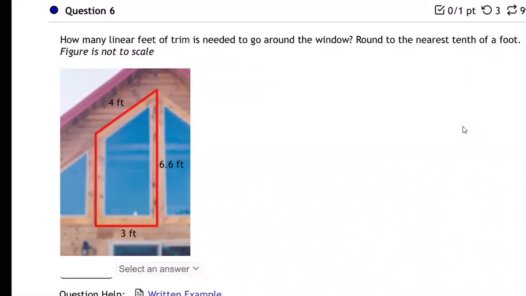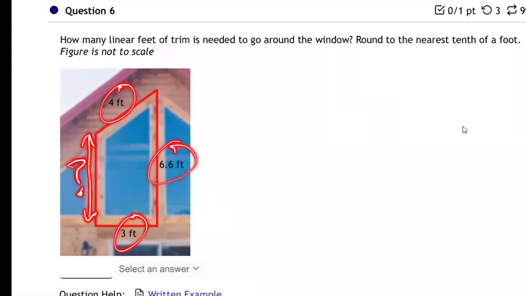Well, it's just this right side, which is 6.6. It's just right there. That's the right side, 6.6. So we can just take the right side, 6.6. The bottom is 3. This is 4. I just need to know this side over here, right? If I can just find this side right over here,